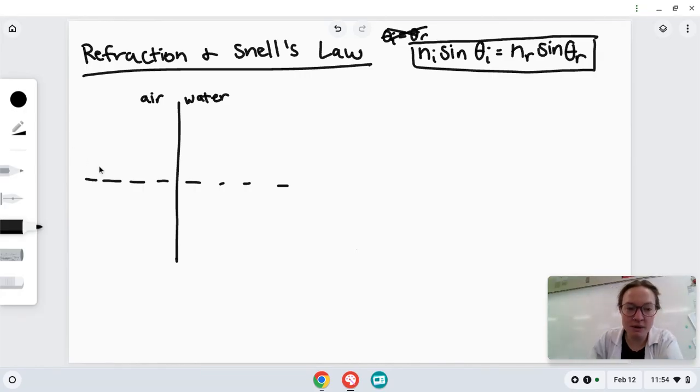Let's say that light rays were going to come from the air into the water. And let's say that they were going to come in at an angle of 33 degrees. Now this is where I always ask my students first, am I going to label this as theta I or theta R? And they always say theta I, Miss Wilson, because this is the angle of incidence. That is so very true. And then I ask them, which one am I going to label? Am I going to label option A right here as theta I, or am I going to label option B right here as theta I? And they say, Miss Wilson, we're going to label option